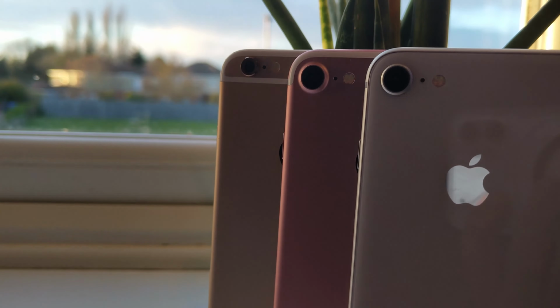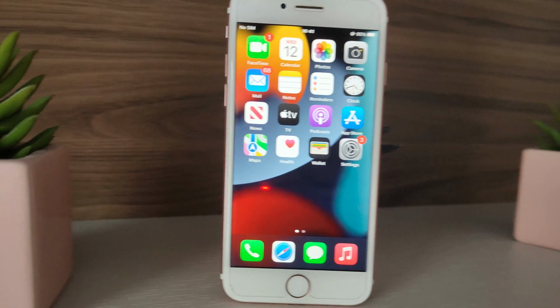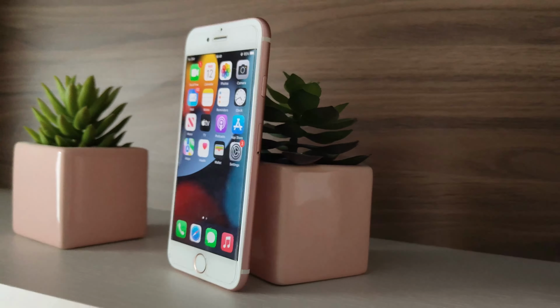Now, in my opinion, I still think the iPhone 8 is a great phone in 2023. It might not have all the features of the newer iPhone models. It's still a really reliable and functional phone, especially considering how old this phone is. And if you're someone that doesn't need the latest and greatest technology, the iPhone 8 can still be a great option for you. It may not have the latest features or the most powerful hardware, but it can handle most tasks you throw at it,